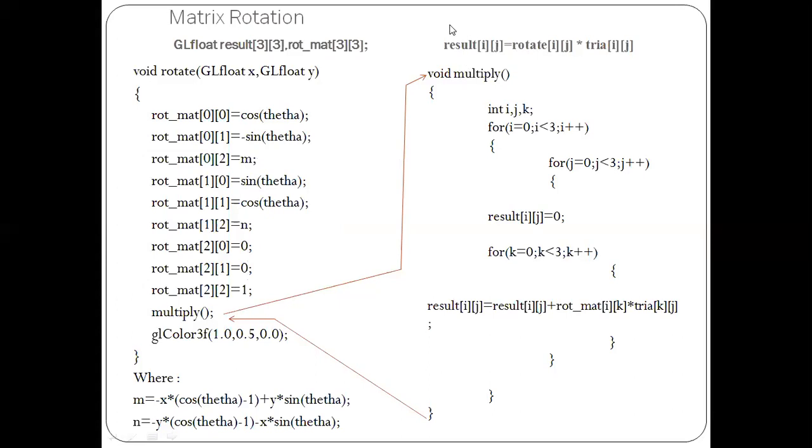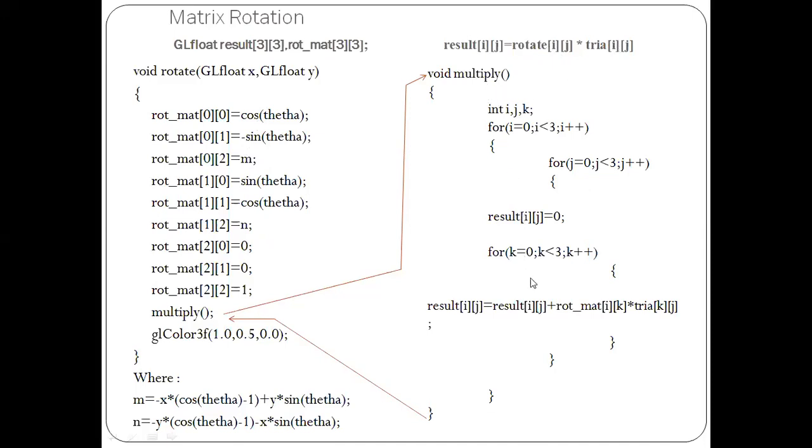So now what is my rotation matrix is now different from what we actually saw previously. Previously it was cos theta minus sin theta 0, sin theta cos theta 0. But here it is not 0, it is m and n values, because I am taking the pivot point as the fixed point 100 comma 100. So x will be 100, y will be 100. So m and n values will change, and I will be getting a separate rotation matrix now. That rotation matrix will be multiplied with the triangle matrix.